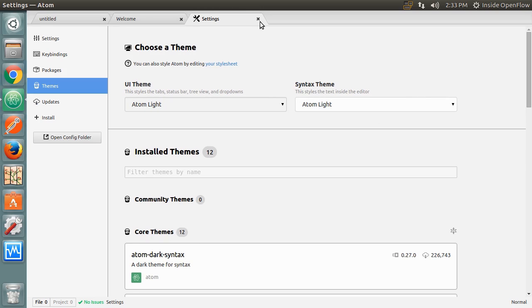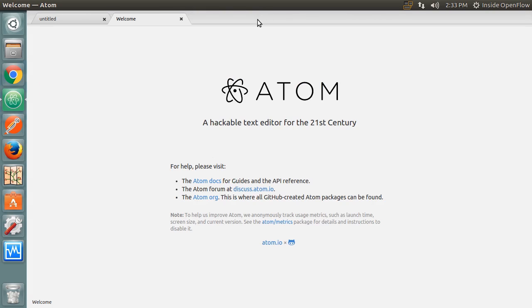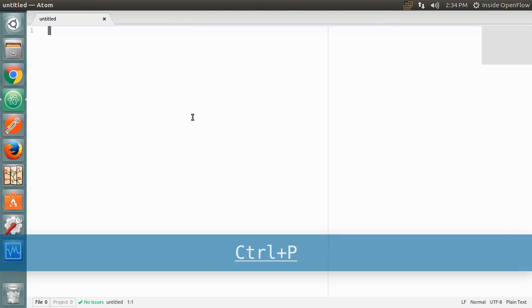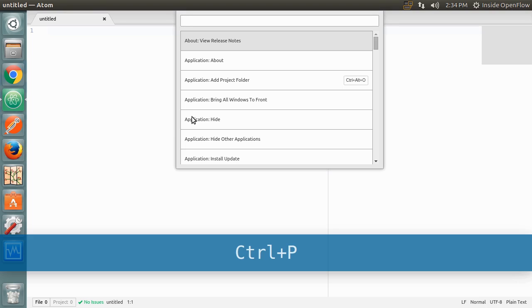Go ahead and close the Settings and Welcome tabs. We will need to configure the autocomplete package for Python. Load the Settings tab through the command palette by pressing Ctrl-Shift-P, then typing Settings, or use the direct shortcut of Ctrl-,